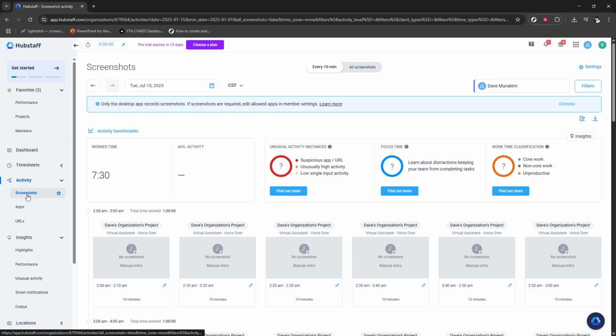To dig deeper, click on Screenshots. This option shows visual records of your work sessions, captured at regular intervals, helping you verify what was worked on and when. As you explore, you'll notice metrics like worked time, average activity, unusual activity instances, focus time, and work